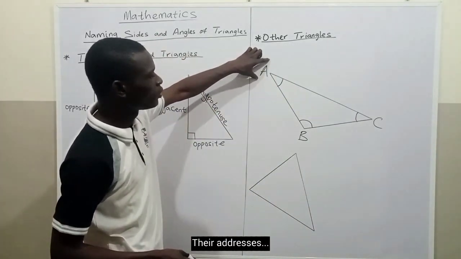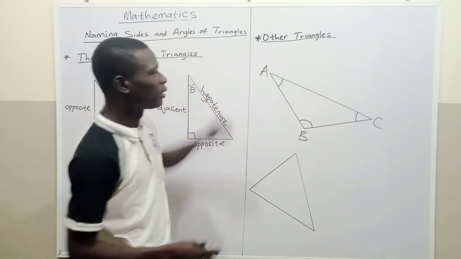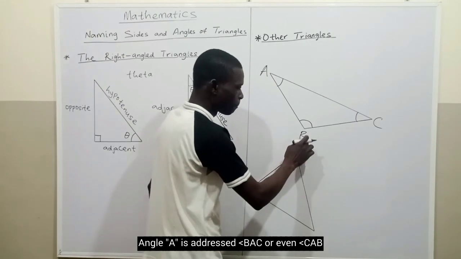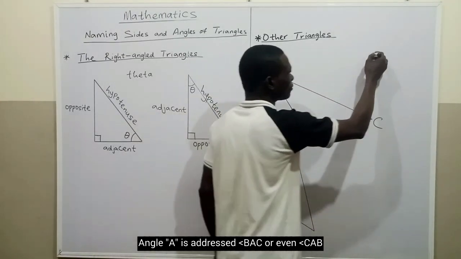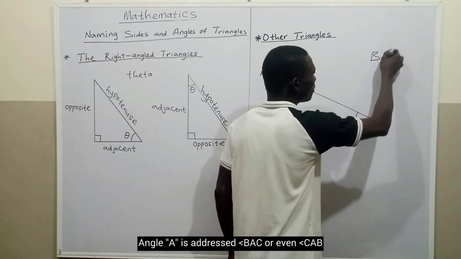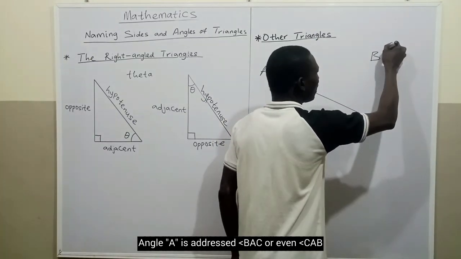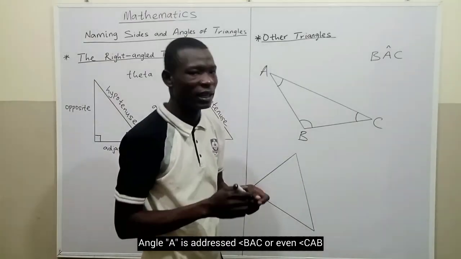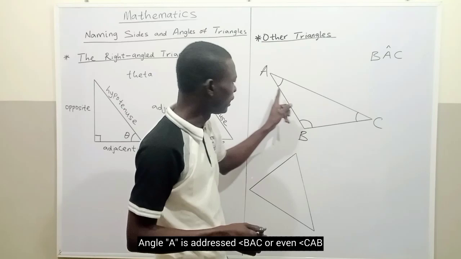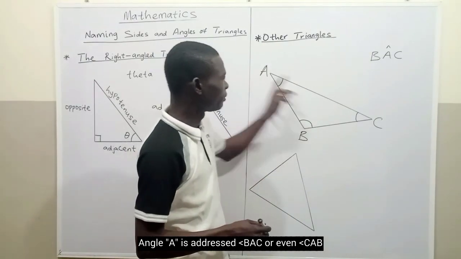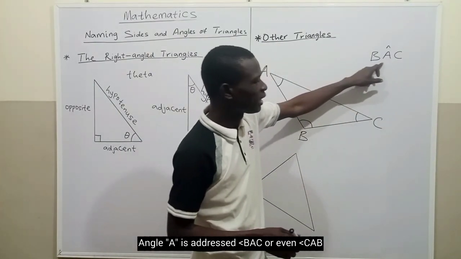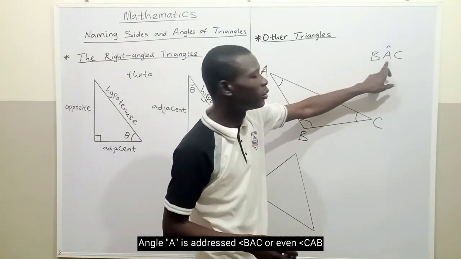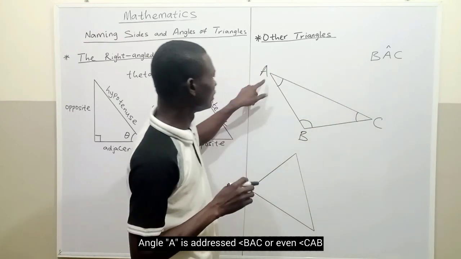Now, in most cases, how do they represent the angle A here? You can see something like this. Angle A is represented in this form, BAC, and then you are going to see a symbol at the top like this, like a small cap on top. Now, how do you know that they are referring to angle A in particular? When you have something like this, BAC, you just watch out for the letter at the middle. The letter at the middle of these three letters is the angle that they are particular about. So it is angle A,